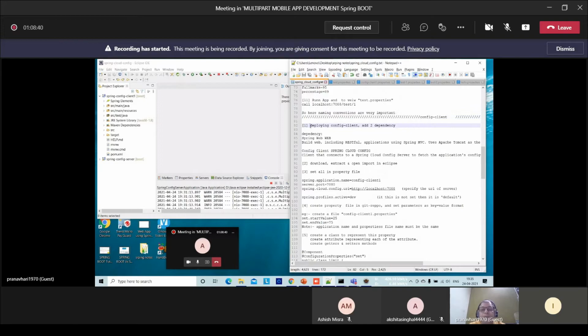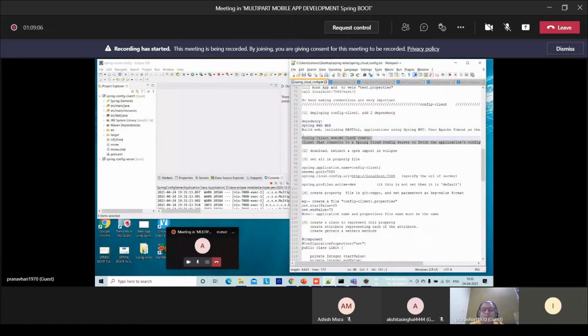Here we have to add two dependencies for deploying clients: config client, and the dependency which we need for any configuration of any API, that is Spring Web. So two dependencies we have to add, Spring Web and Spring Cloud Config dependency for clients.